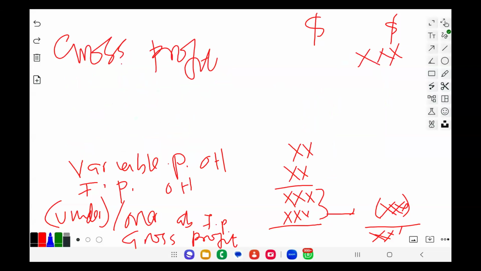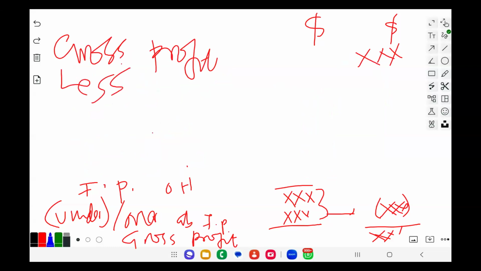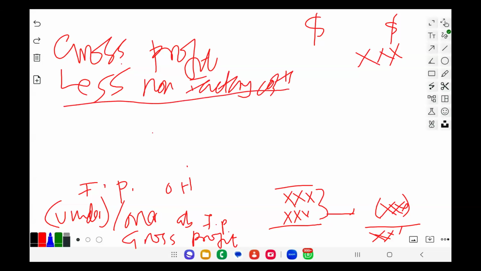Then you have to less all the non-factory costs. You get it, eh? Remember the ones that you have already considered are factory costs. So you less all the non-factory costs, whether fixed or variable. So you can even start with the variable